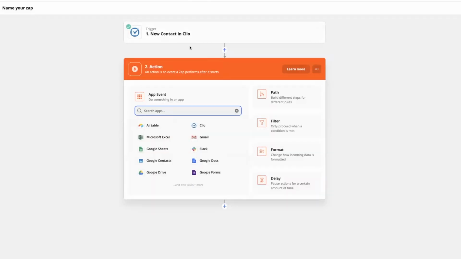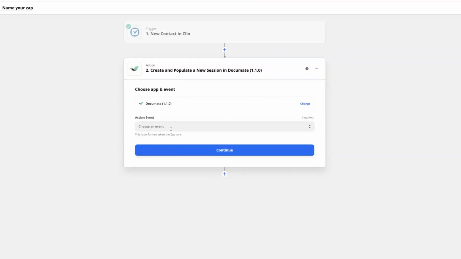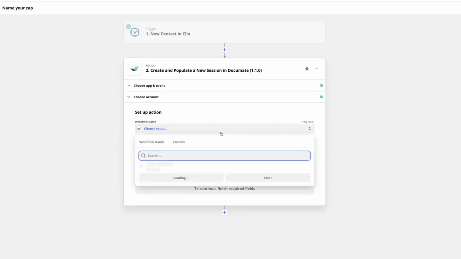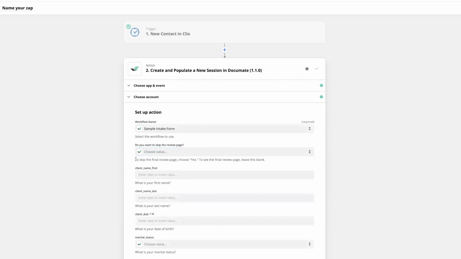Once I've followed all the steps to set and test the trigger, I'll choose Documate as my action step. For the action event, I'll choose Create and populate a new session, and I'll connect my account. I'll choose the workflow name that I would like to push data into. So I'm going to push data into my intake form, and I'll choose to keep the review page and not